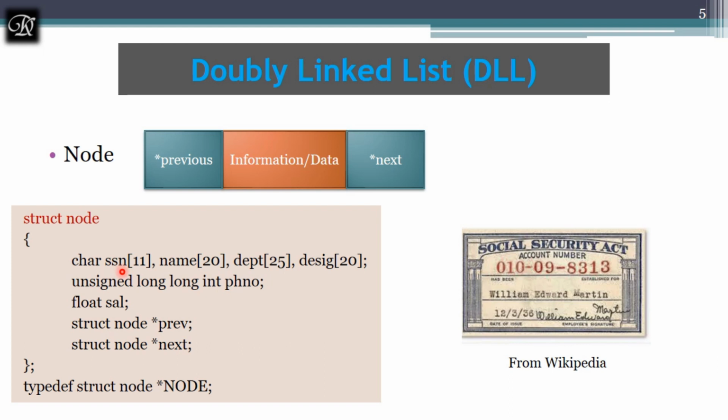So even you can consider it as an integer and you can proceed, but then you cannot give these hyphens in between. And we are having a name as per the question, and department, designation, and I have taken a phone number of unsigned long int to store the 10-digit phone number on the CodeBlocks, and we are having a salary which is given in the question. And as given in this doubly linked list format, we will be having two links. One will be the next and one more will be the previous, which is going to point to another node. That's why I have taken this link as a struct node.